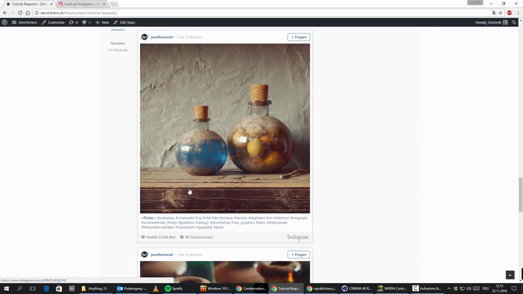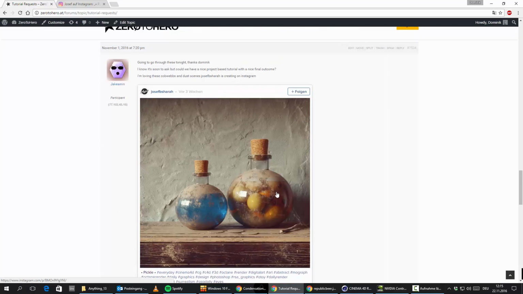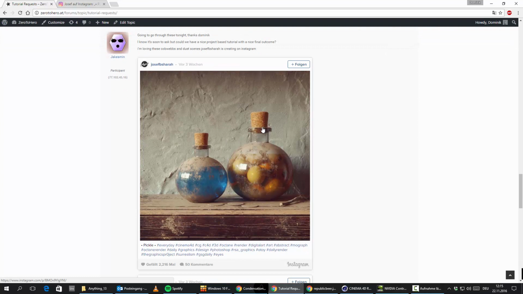He was probably searching for some nice wood textures, and I think the modeling is pretty basic here. So nothing really special. I think just a lot of displacement, maybe some bump mapping, and some other stuff going on. The rest is pretty much straightforward. Also, the liquid inside of the bottle is not really that hard. I think the only thing that is missing here is maybe a little bit